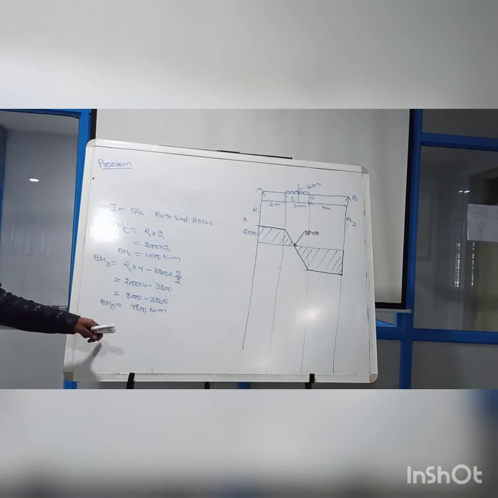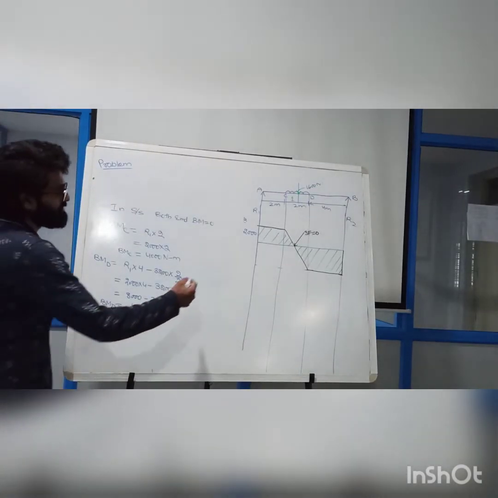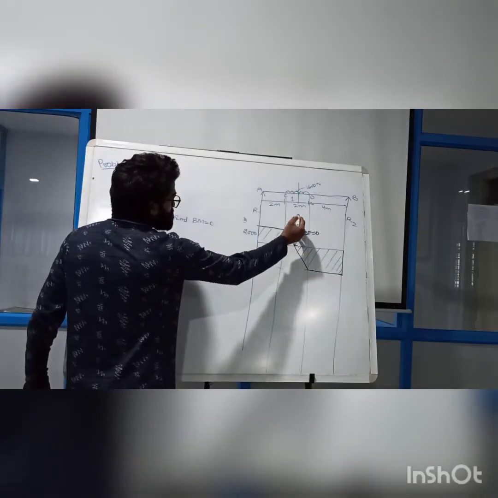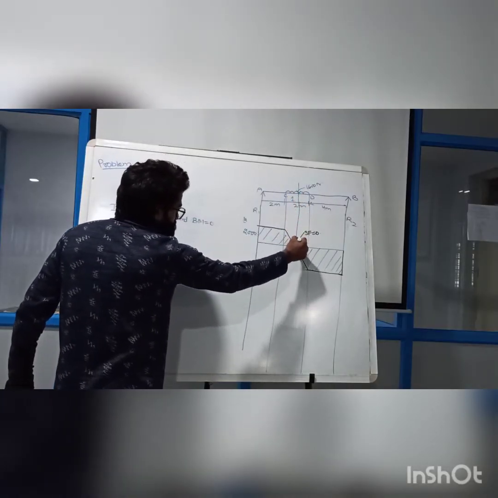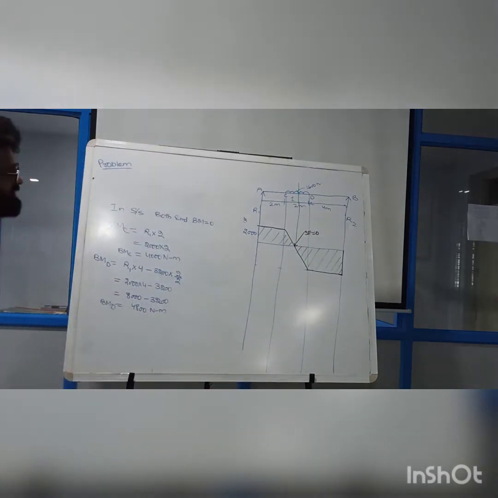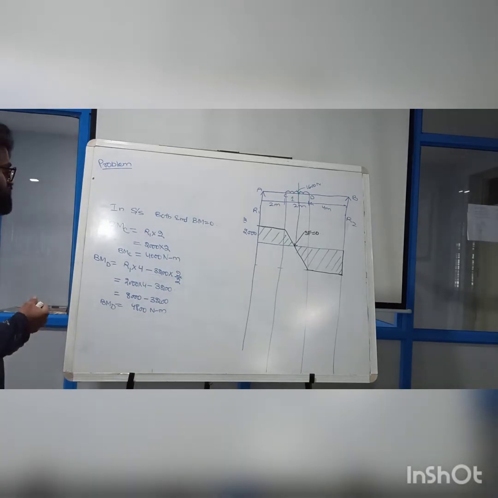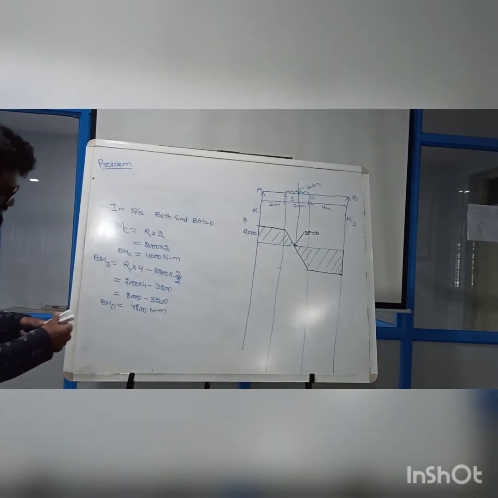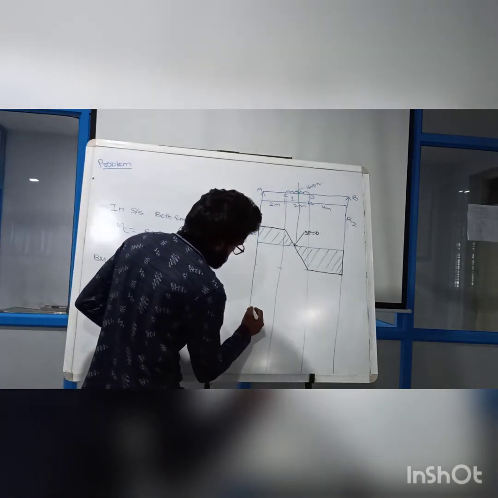So where is my bending moment coming maximum? Where the shear force is 0. So where is the shear force 0? The shear force is 0 somewhere here in the middle. This is the point where the shear force is 0. Anywhere the shear force can come 0, we will discuss it with the completed diagram. So let us draw the diagram.